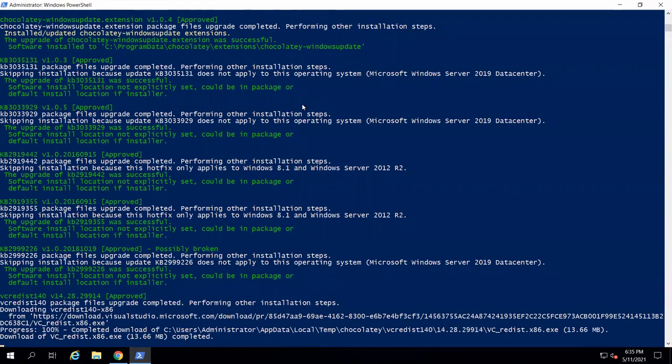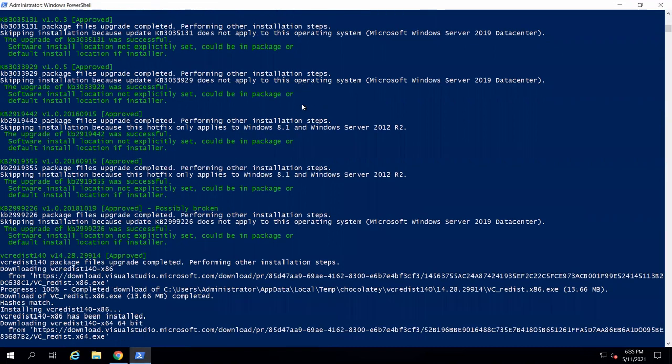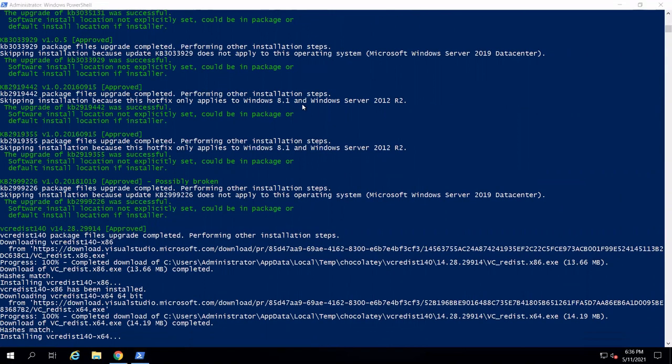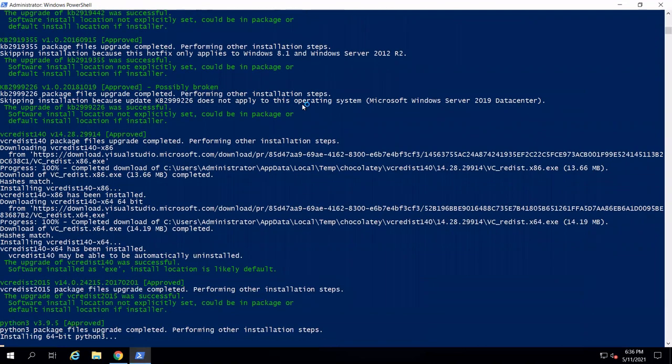So it will take around 7 to 8 minutes. It depends on the connectivity of the internet on your computer. It may take 10 minutes according to the bandwidth. So you have to wait here till the complete installation of all the packages. Do not close this window till the complete installation occurs.